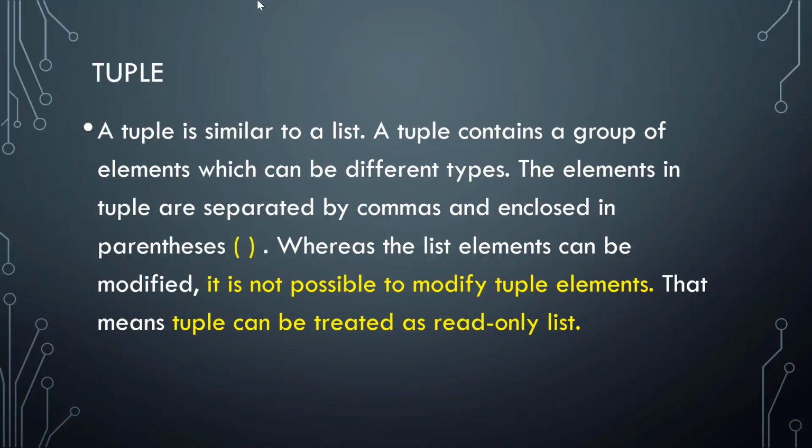So round brackets will be there for a tuple. Whenever you see round brackets in any data structure, that's simply a tuple. That is an easy identification of data storage variables of tuples, or tuple objects we can say. So always tuple objects will have parentheses, but square brackets are there for a list. This is the thing we need to remember. And whereas list elements can be modified, it is not possible to modify the elements of a tuple. This is the very, very important difference between a tuple and a list.